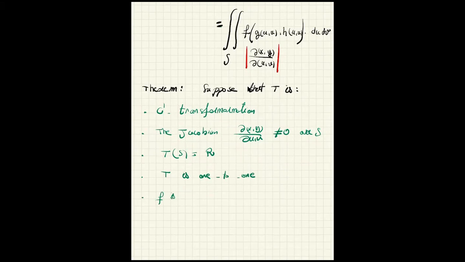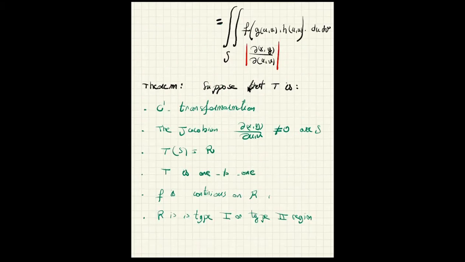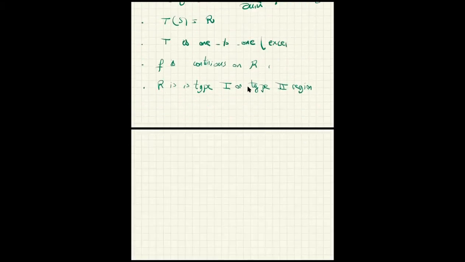F is continuous on R, R is a type 1 or type 2 region, except perhaps on the boundary, meaning that if you have a transformation that is not 1 to 1 on the boundary, it's still okay. Then the following formula